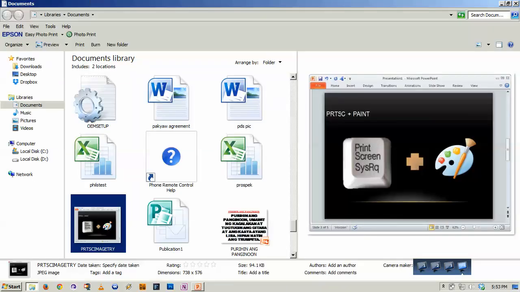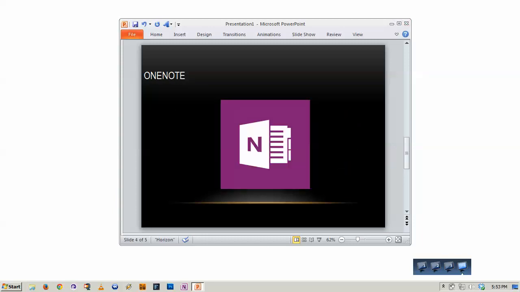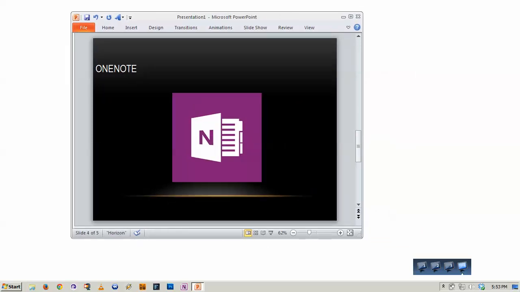Okay, so let's try another one. The OneNote, Microsoft Office OneNote. Okay, so you have to understand that for you to be able to use the shortcut Window plus S, the OneNote should be running in the background. So even though you haven't seen an open OneNote file, I have your shortcut anyway.